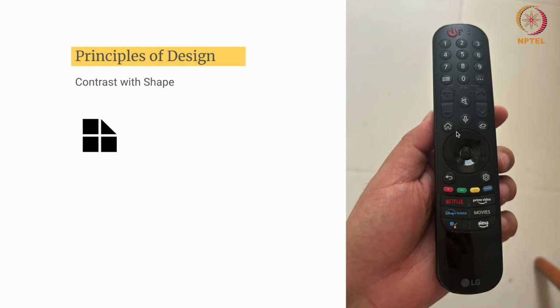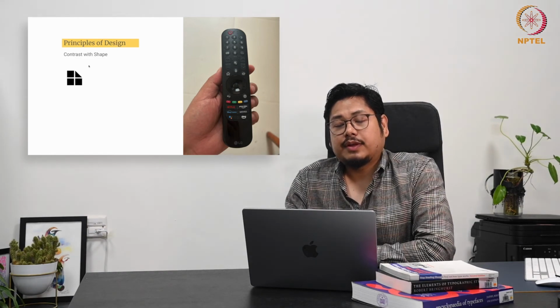And here again, because of the texture and the representation, it definitely will navigate you to understand that this overall button may act differently compared to the rest of the buttons. So because of contrast with shape, it's easily identifiable, and it also helps navigate you to understand that the functionality may differ in such kind of layout.